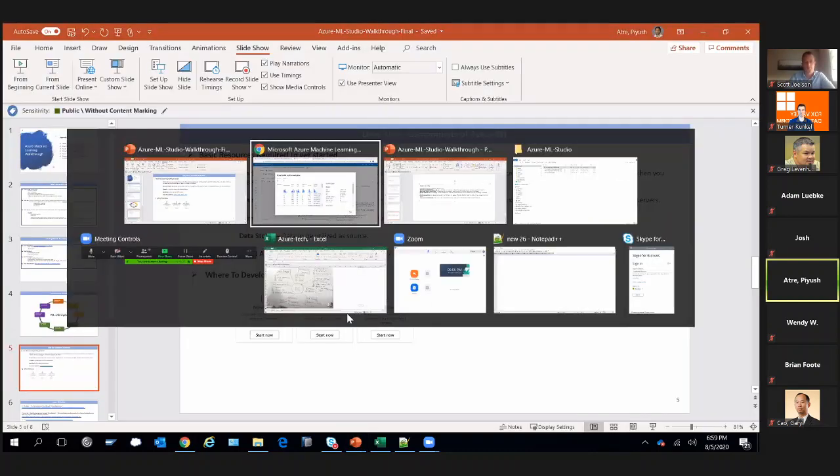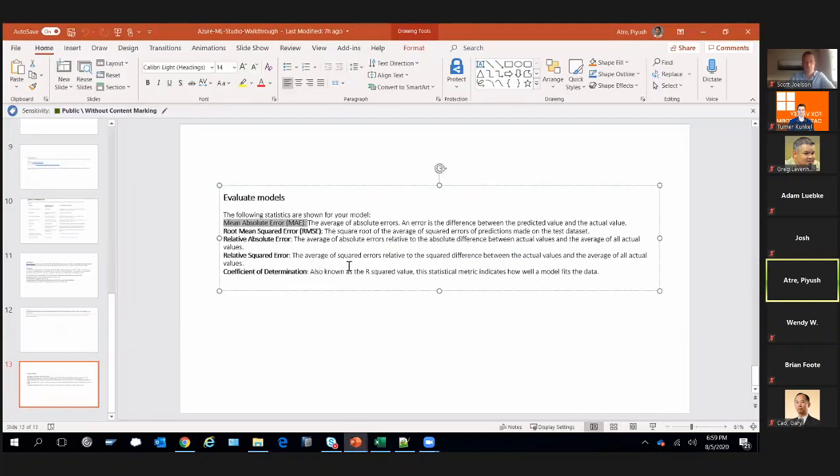Now, mean absolute error, this is the average difference between your predicted value and the actual value, right? Which is a clear indication of how your model is working out. If the gap between predicted value and actual value is too much, which means definitely your model is not so accurate,